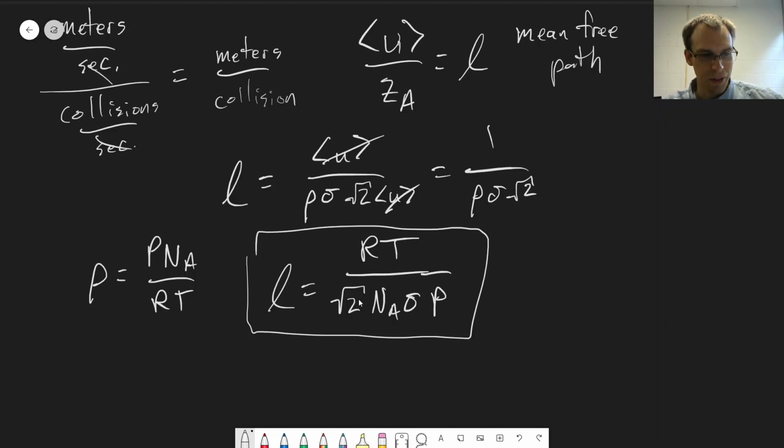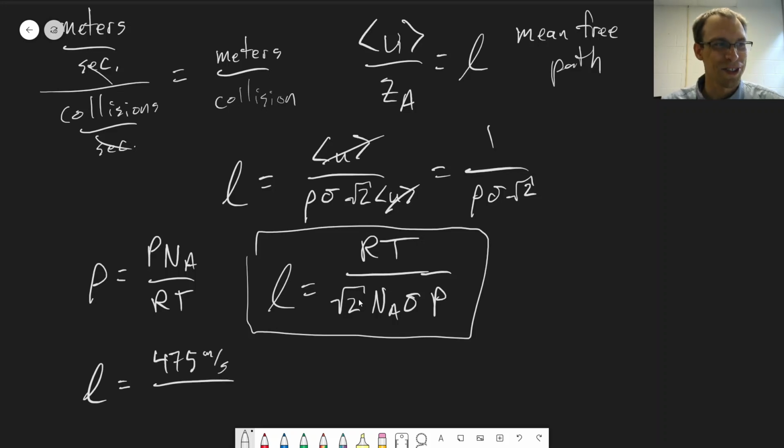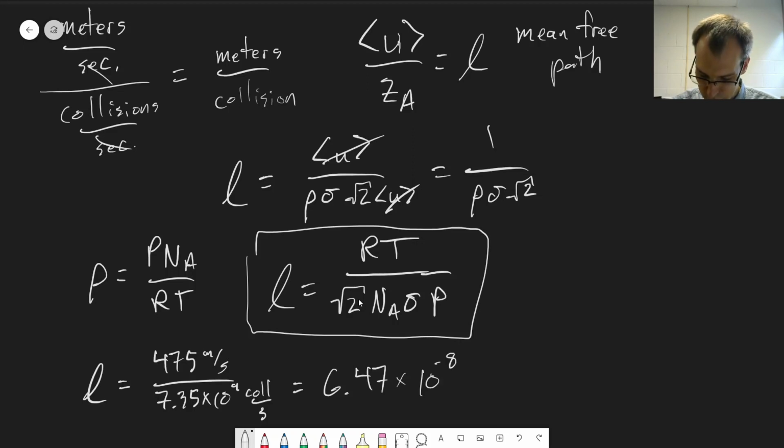Now we can do the same calculation we just did for the atmosphere, for nitrogen in the atmosphere. What is L? Well, we calculated the average speed was 475 meters per second. Well, we didn't actually calculate it, but I told you that's what it is. You can calculate it yourself and double check my work. And then we calculated ZA. We put all the numbers into 7.35 times 10 to the 9 collisions per second. If we put those two numbers in, we get 6.47 times 10 to the minus 8 meters per collision, or about